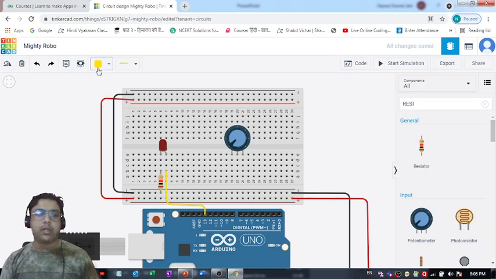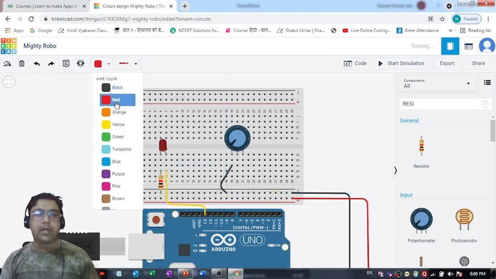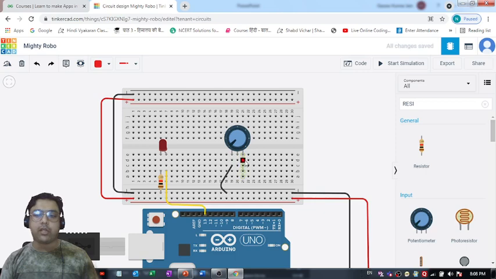Let's do that quickly. So I want a black wire so that I can connect this terminal with this, and then I need a red wire with the help of which I can connect this terminal 2.